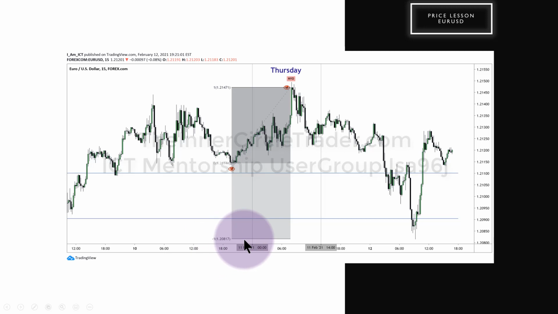One standard deviation here calls for 1.20817. Now, mind you, this is Forex.com's data feed. So your live account, the low here is going to be slightly different because, again, as I taught with the wicks and the tails and the candles, your broker is allowed to have a little bit of fluff in there, and sometimes they won't give you the low. Sometimes it'll go a little bit lower than what I'm showing you in TradingView. That's okay. If you use 30 as your ideal, but standard deviation is just below it by a little bit, stick to the 30, and that'll be enough, okay, plus spread.